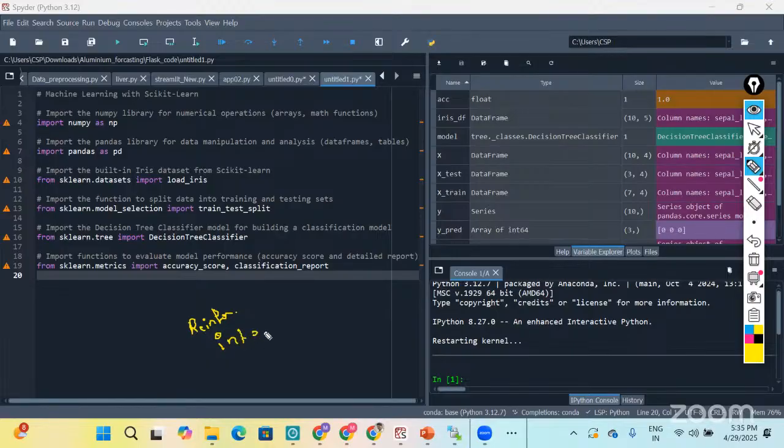An example of it is AlphaGo, or game-playing AI, we can say. This is nothing but your machine learning intro.